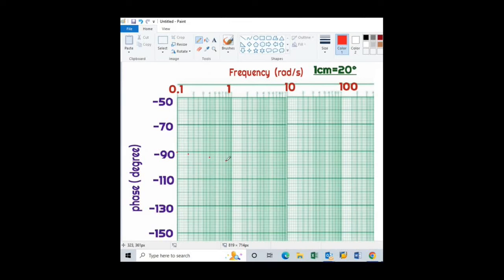Now corner frequency 1, angle is minus 98. So for this corner frequency 1, angle is 98, we will select 4 millimeter below. So this is the point. Now next corner frequency is 5. In the range of 1, this fifth line will indicate the corner frequency 5. And what is the angle? Angle is minus 122 degree. If we observe above minus 130, we have to take 4 millimeter above, that is 1, 2, 3, 4. So this point will indicate